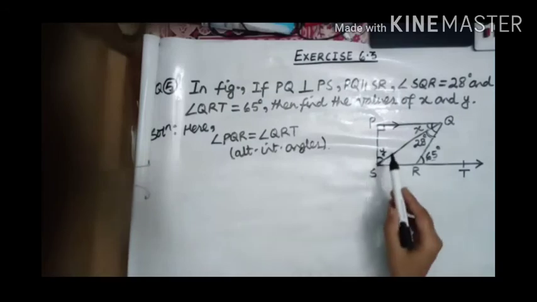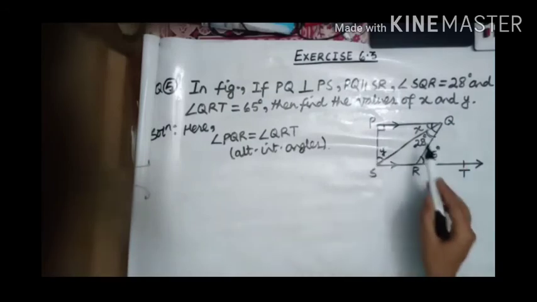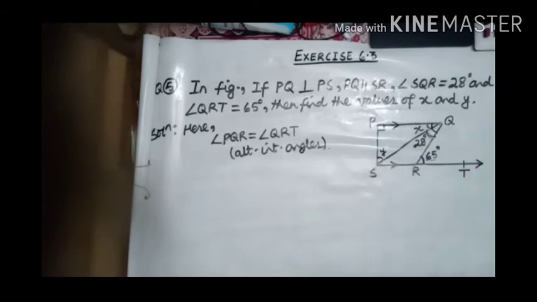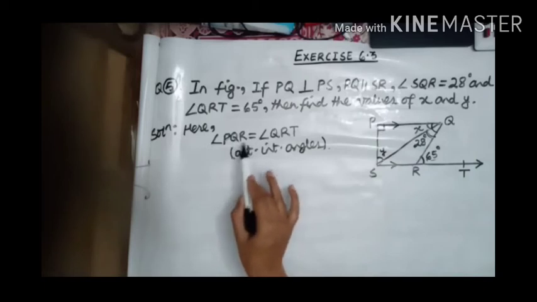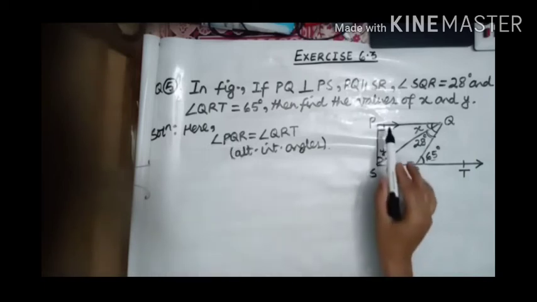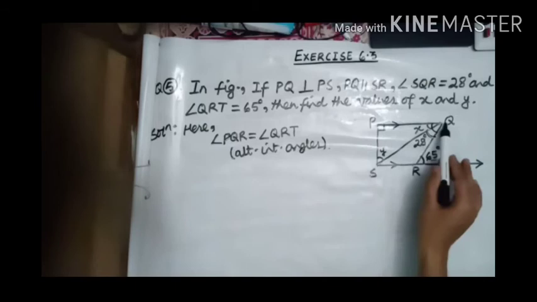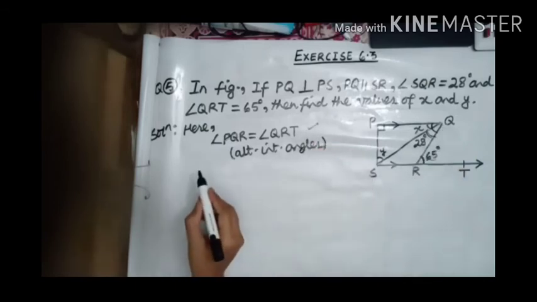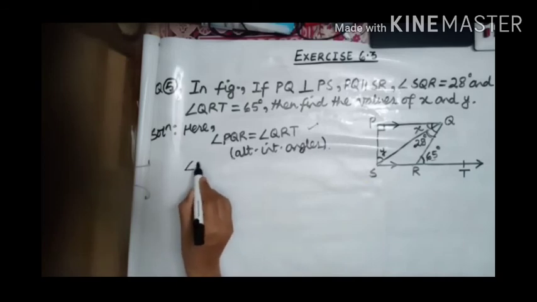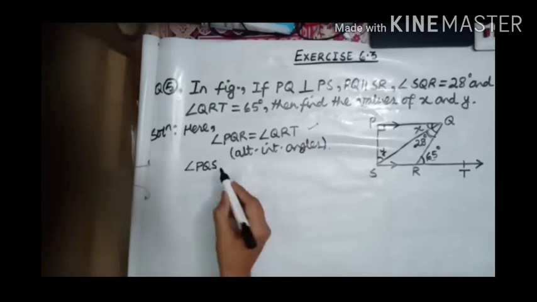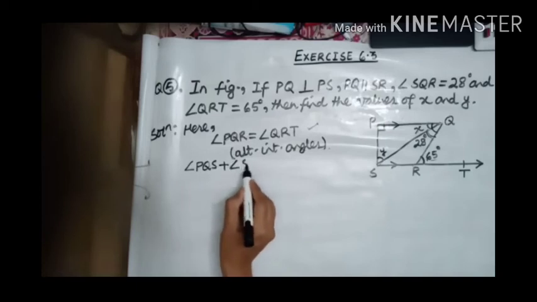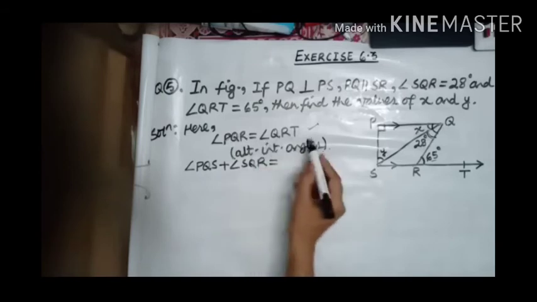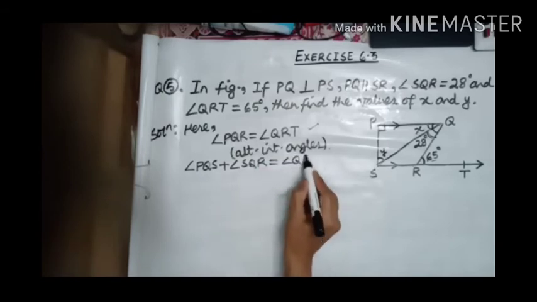Here you may observe that this angle PQR includes angle PQS and angle SQR. Therefore, this angle PQR could be written as sum of angle PQS and angle SQR. So this relation we can rewrite as angle PQS plus angle SQR equals to angle QRT,